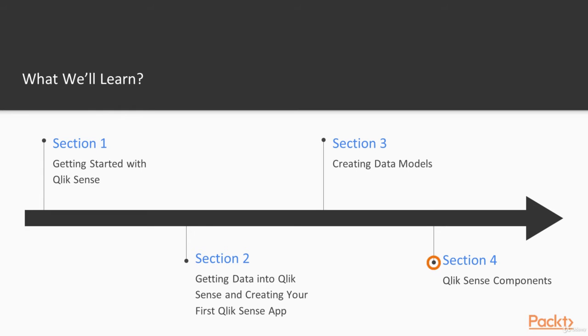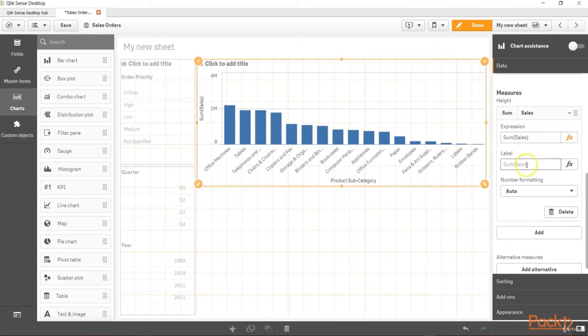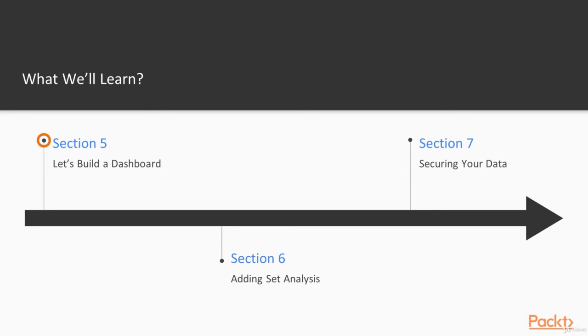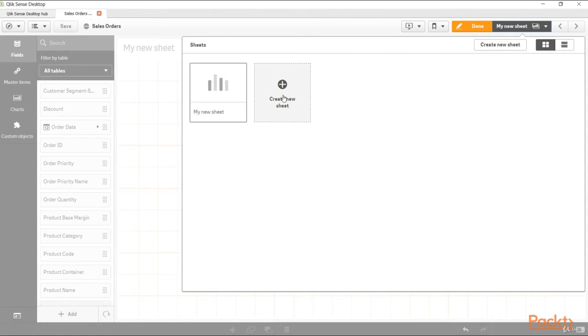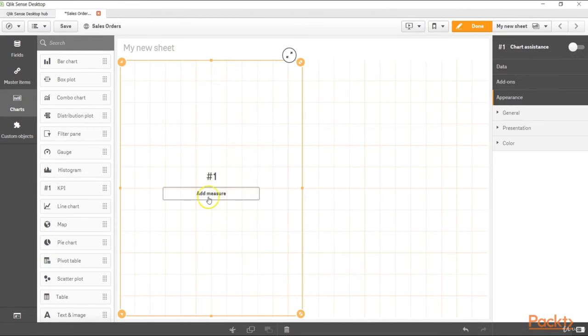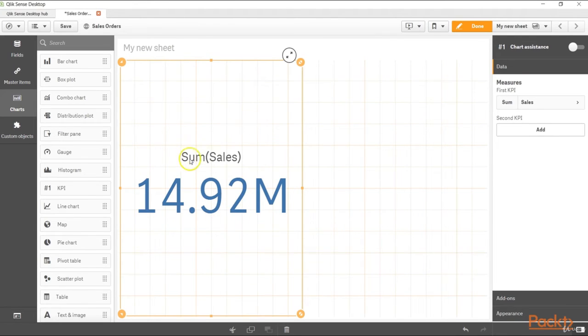After that, we will add some components like filters, charts, and text box to understand the different components which are present in ClickSense. After that, we will move on to create the dashboard and very specific dashboard components like KPI and advanced visualizations like tree maps and maps, which add a lot of interactivity for the end user.